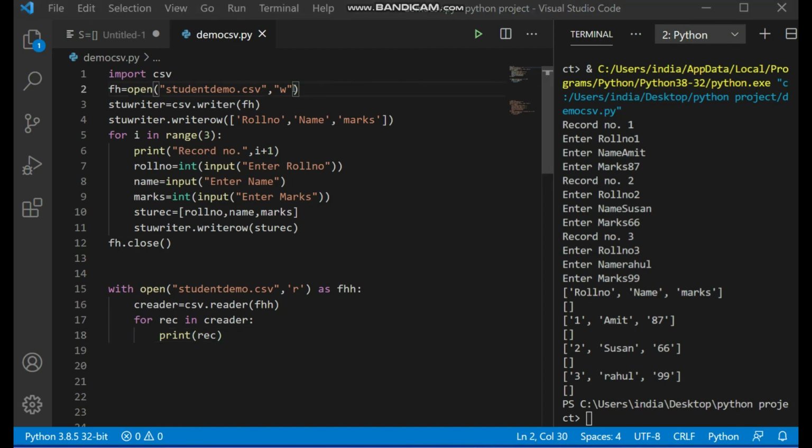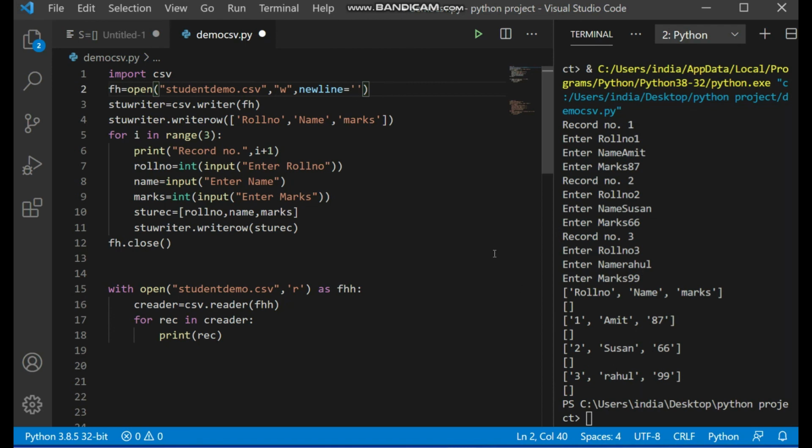What you have to do for this is, just here you have to include the newline keyword equal to empty quotes. That means this argument ensures that no end of line translation takes place, okay. So then afterwards you are not going to see this and your data will be proper, okay.